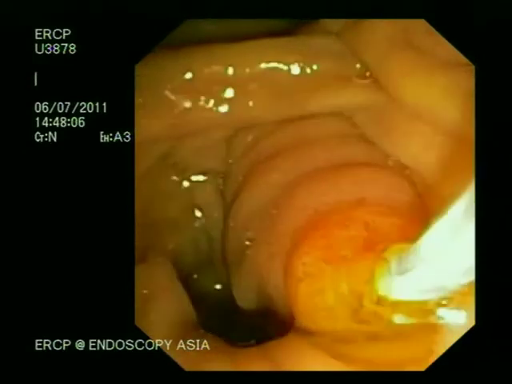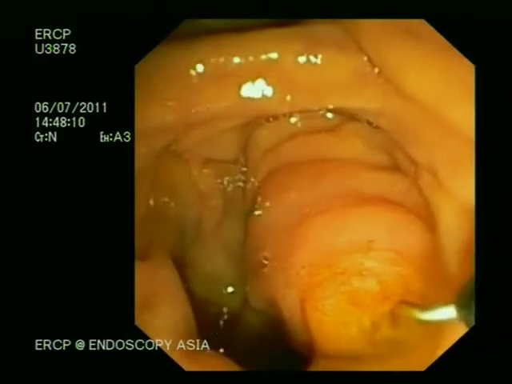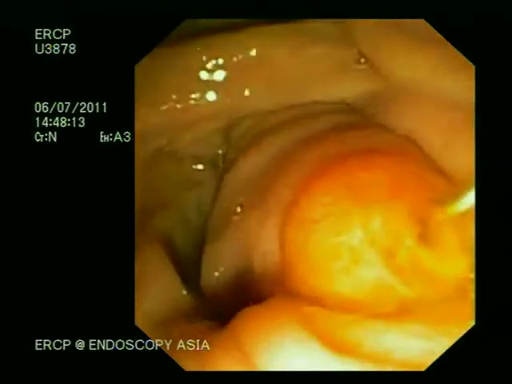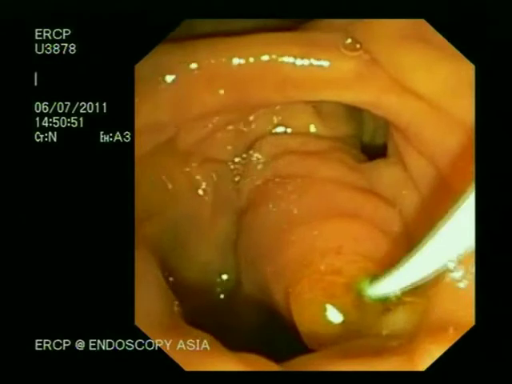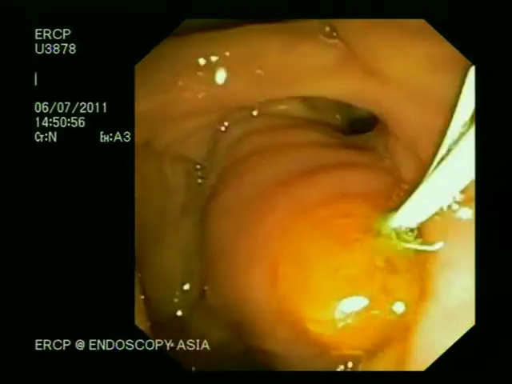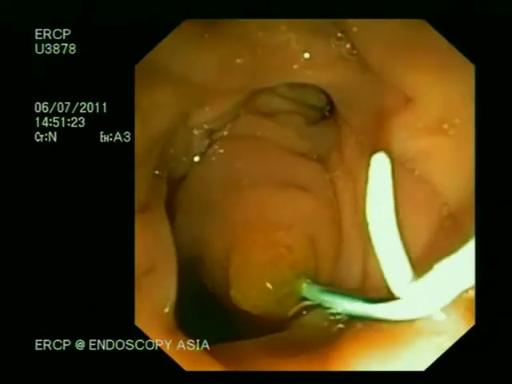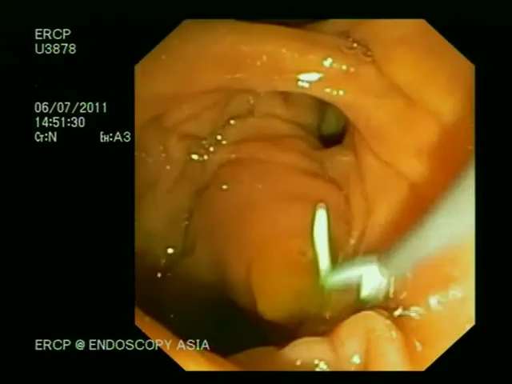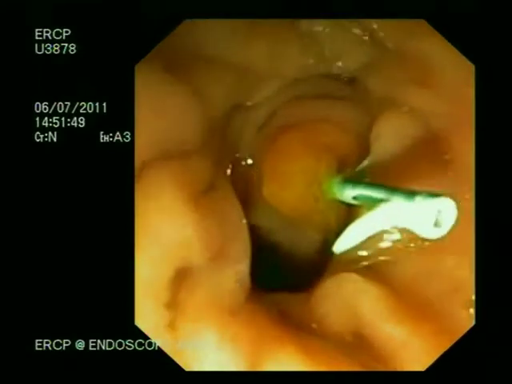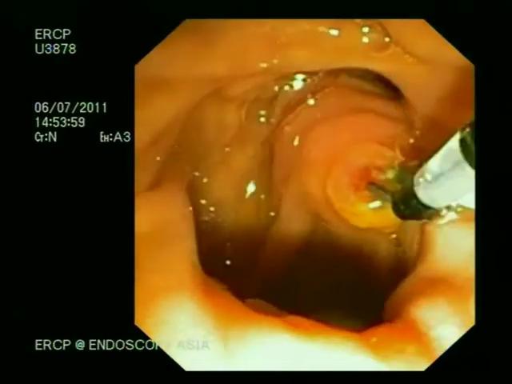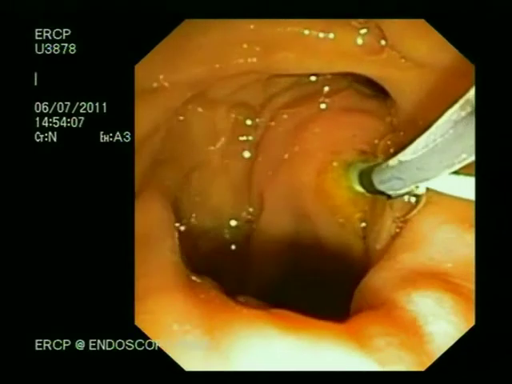So what we are securing is the pancreatic orifice, because this is an obstruction purely in the bile duct, so the pancreas can react. You can see the intradiverticular ampulla and the periampullary diverticulum at the same time. So it was important for us to first secure the pancreatic duct with a 3 French stent. You can see here we have placed the 3 French stent, and subsequently we will now try and cannulate the bile duct if we can